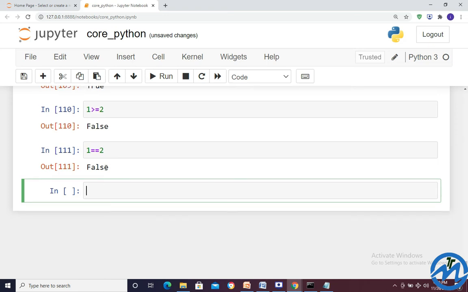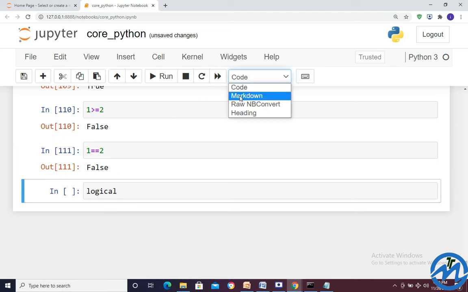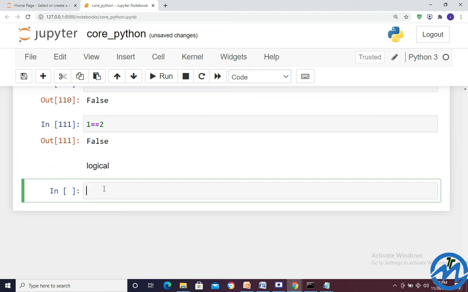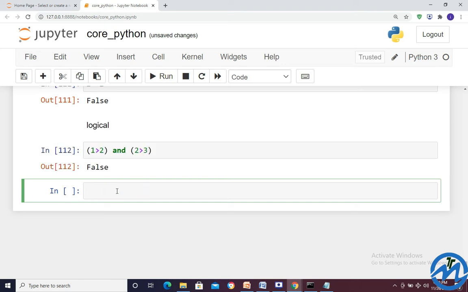Now logical operators. How we can go ahead with the logical? Enter. So how we can do the logical operator? In logical operator, suppose we have in the tuple 1, 2 and 2, 3. Enter. False.